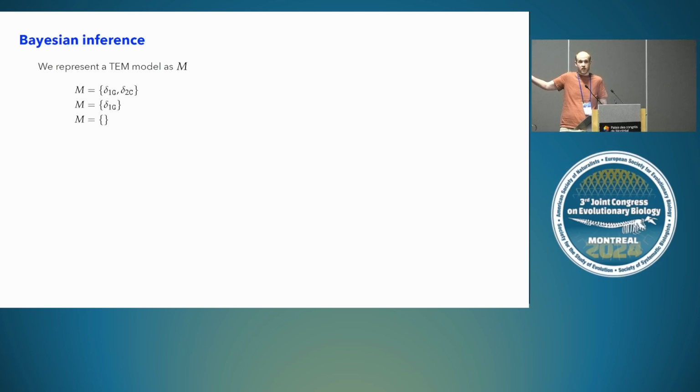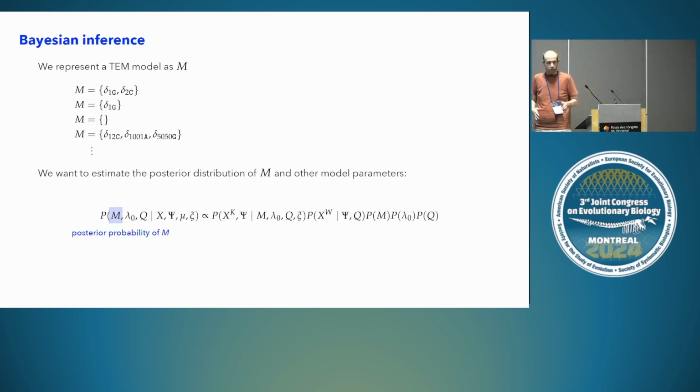An alternative is that there's just a single TEM, or that there are actually no TEMs. A special case is that there are no mutations that would affect the transmission rate across the entire genome. Or a more complicated model that has 3 TEMs and so forth. So we can sort of arbitrarily imagine that there's a whole bunch of different ways that we could enumerate TEM models, I should say.